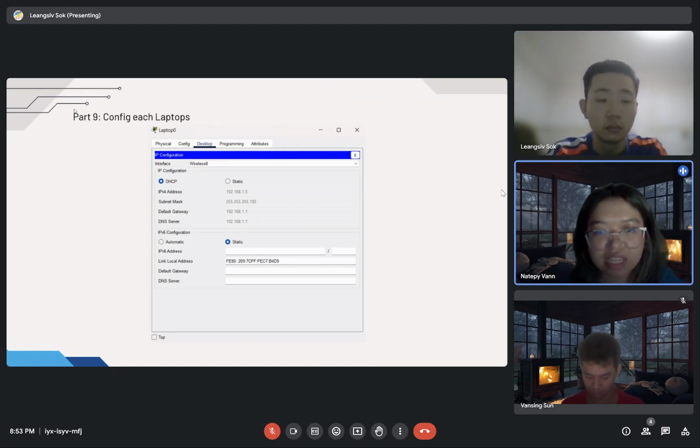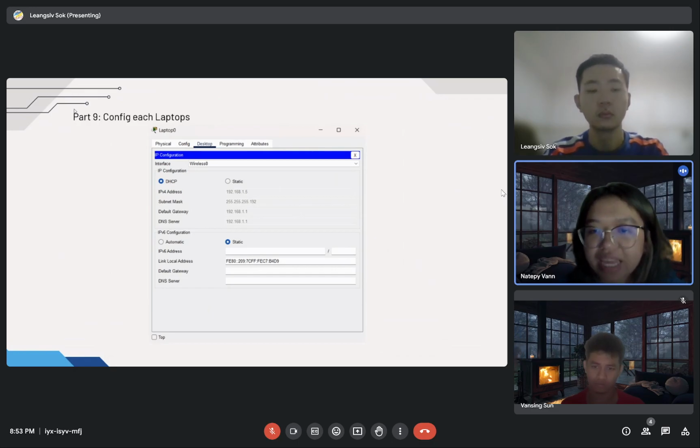So last but not least is about the laptop. The DHCP also automatically assigns the IP address, which is 192.168.1.52. Subnet mask is 255.255.255.192. The default gateway is 192.168.1.1, and DNS is